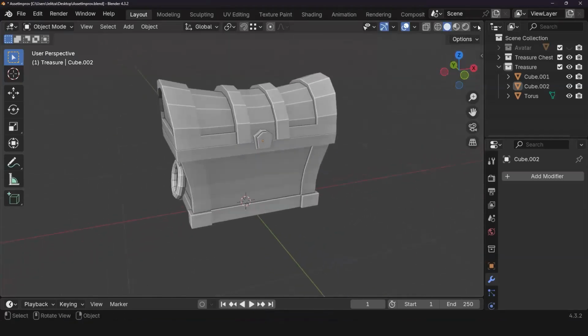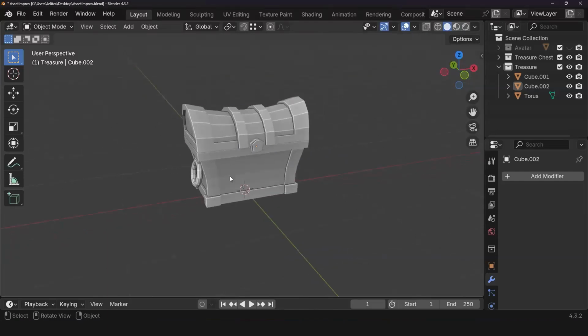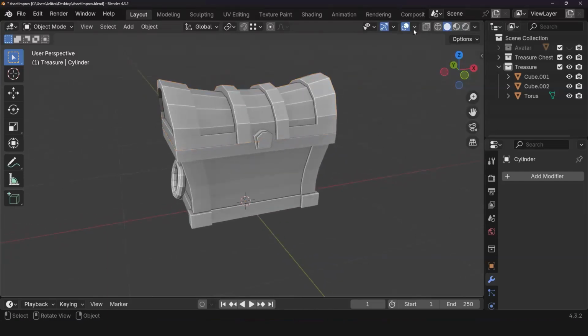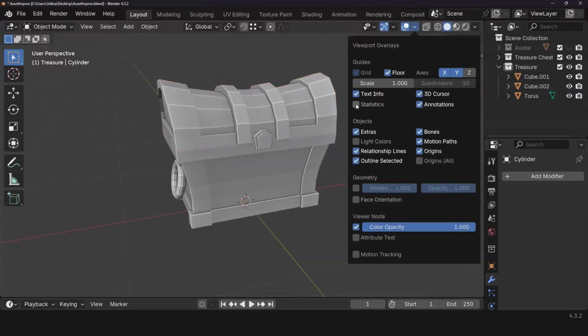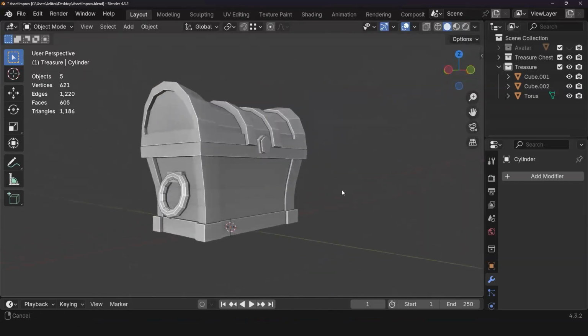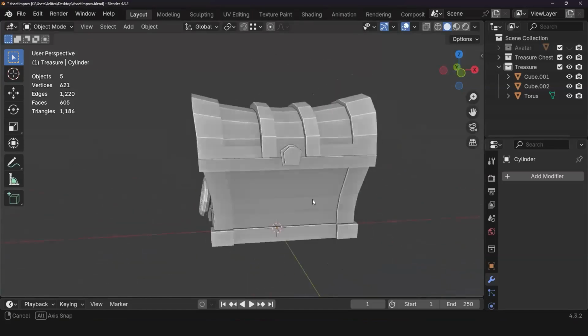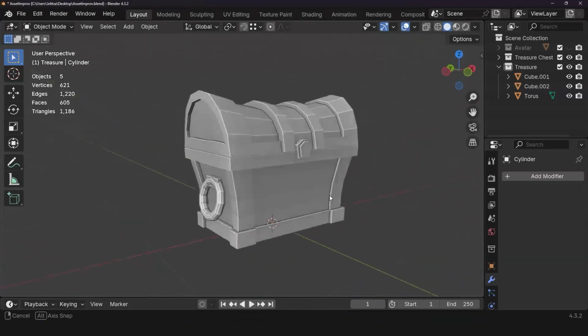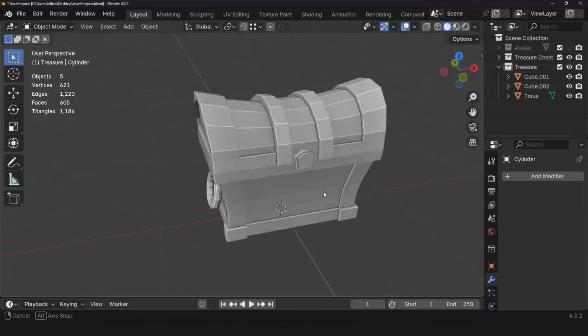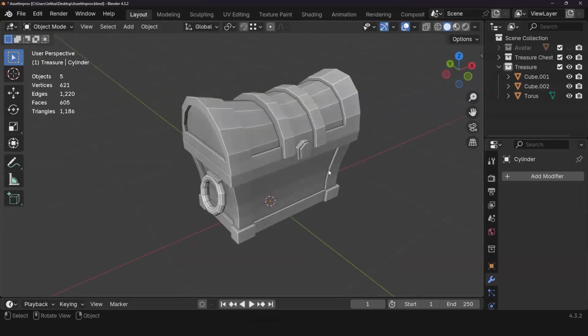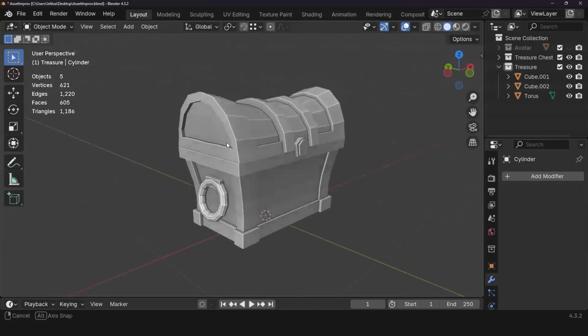Small assets. Well, let's take a look at what we have so far with this one asset. So I'm going to go ahead and open up my statistics. And right now we're looking at 621 vertices. That is not bad for a low poly item. However, if we want to do shade smoothing, we definitely do need to add bevels. For an item like this, I would keep it under 2000 verts. I think 2000 is a good limit.